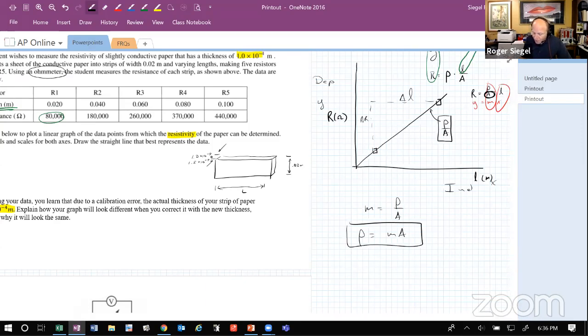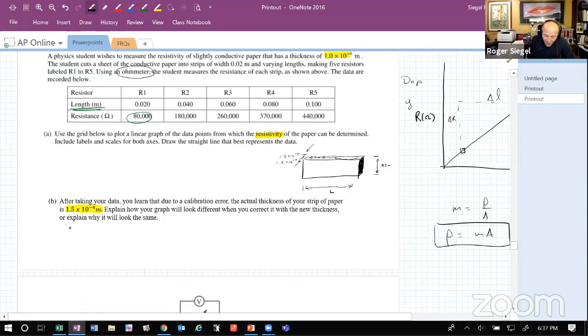And so what's different about it? Well, here's the question. When you graphed your data, did you have the area in there? And the area, remember, is the thickness times the width. That's my cross-sectional area right there. Did I have it in my graph? Well, if I graphed the resistance and the length and I didn't graph the cross-sectional area, it's not in my graph. So I would say, the way I have it, that my graph is the same